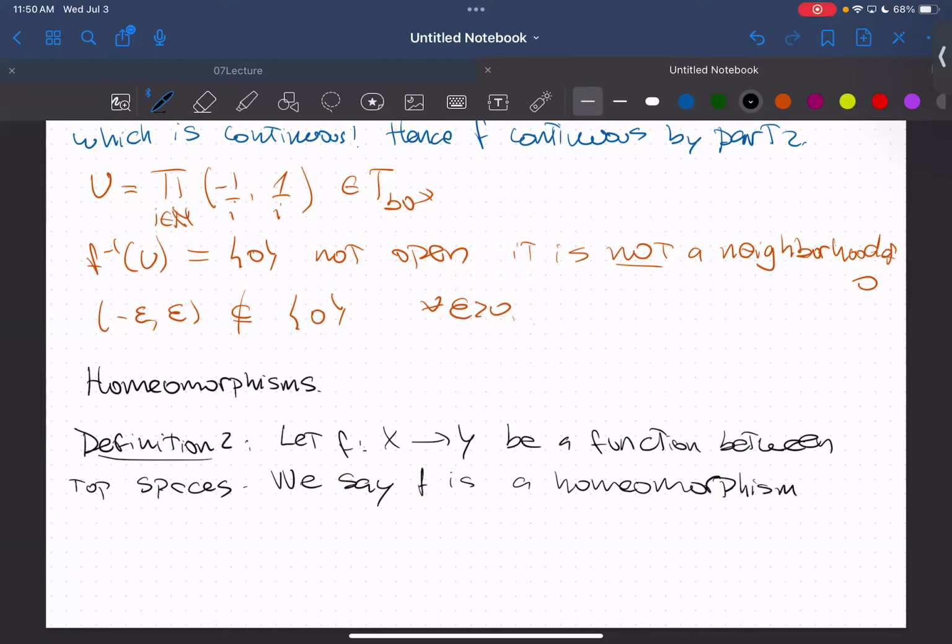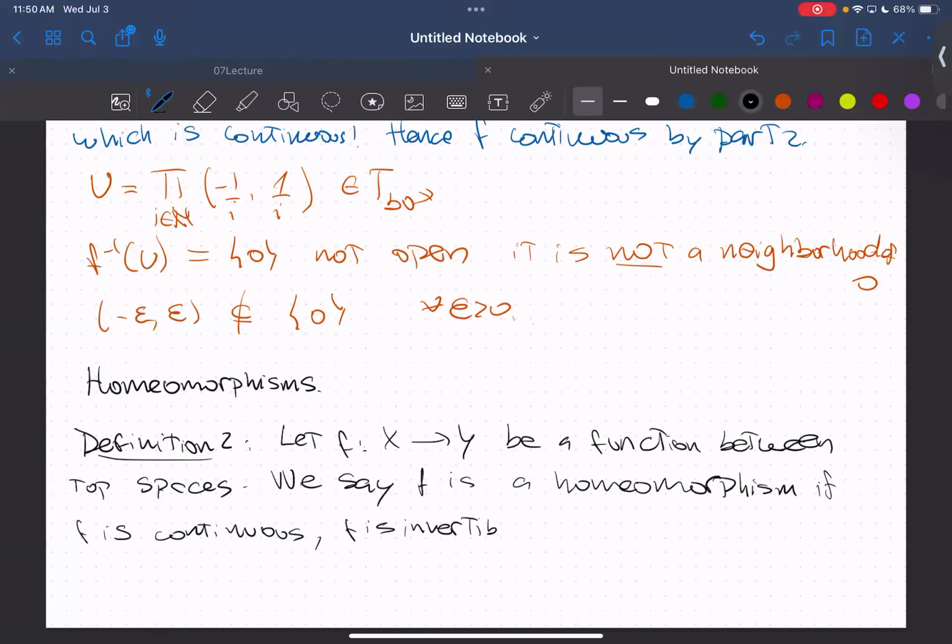So let's try to guess. This should be the topology version of a linear isomorphism. So we say that f is a homeomorphism if, instead of linear, we want to say continuous, so f is continuous, and what else? Right, we want it to have an inverse. So f is continuous, f is invertible,